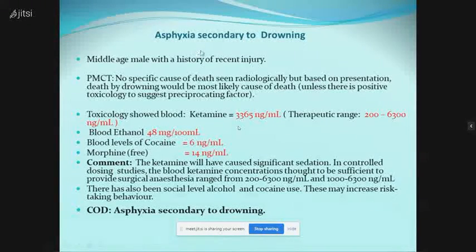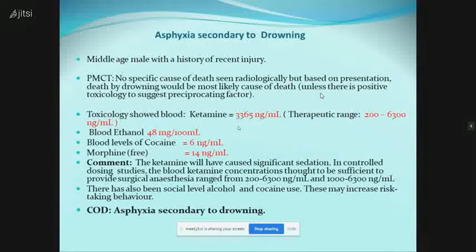And what we found in these, if a person died of drowning, is water from the river or the sea in the stomach, as well as in the bronchial tree, and we examine these. But we always do toxicology for these in case a person had taken some drugs or alcohol prior